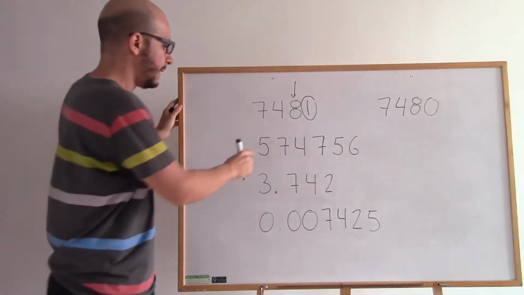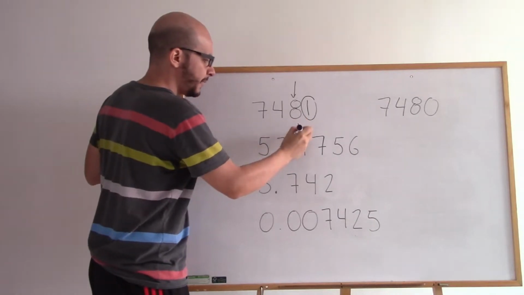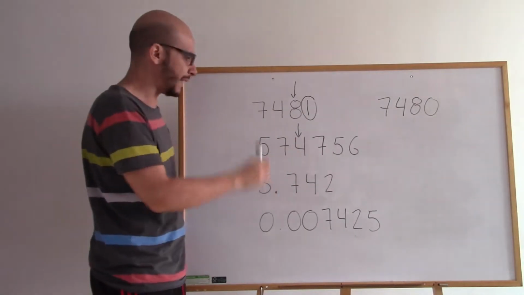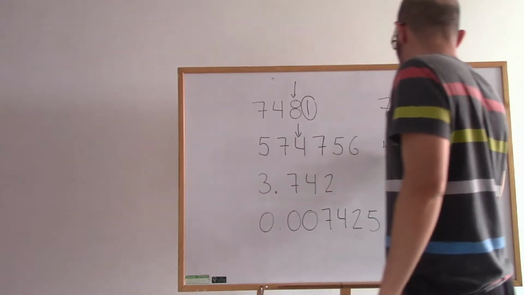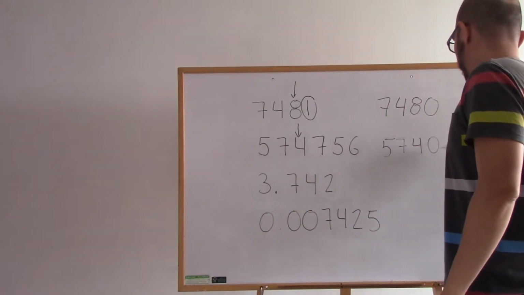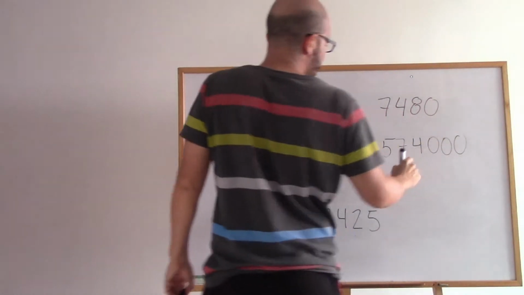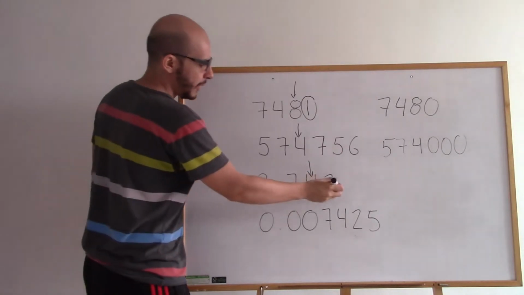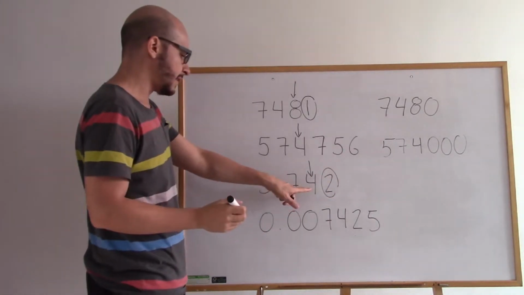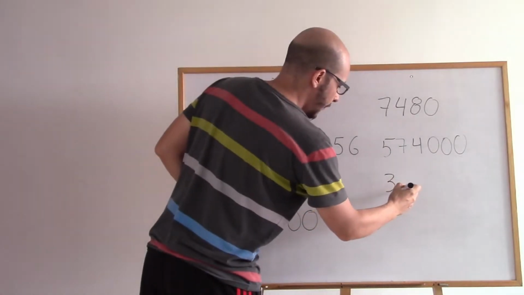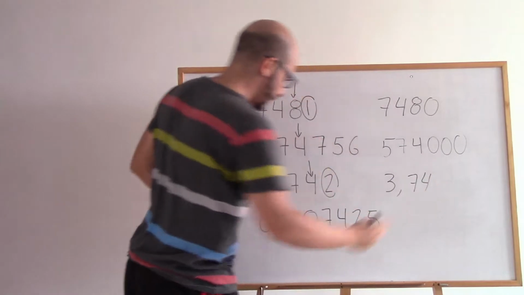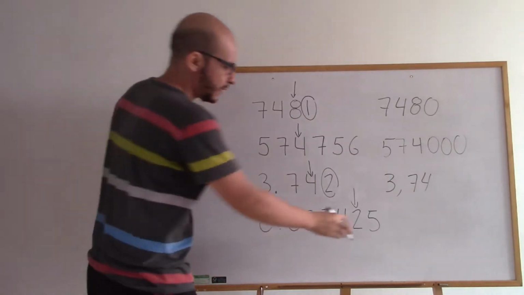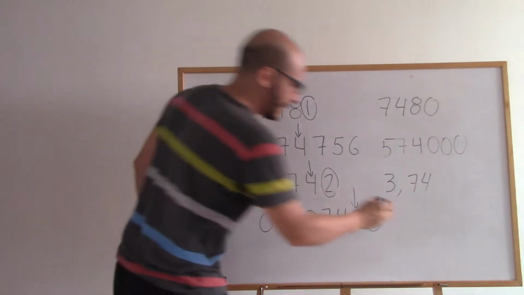7,480. Here, first, second, third significant figure, the number located on the right side is bigger than 5. That means the 4 goes one digit up. So what we get is 574,000. So here, first, second, third significant figure, the number located on the right side is lower than 5. That means the 4 stays the same. So what we get is 3,74. In this case, first, second, third significant figure, the number located on the right side is 5. That means the 2 goes one digit up. So what we get is